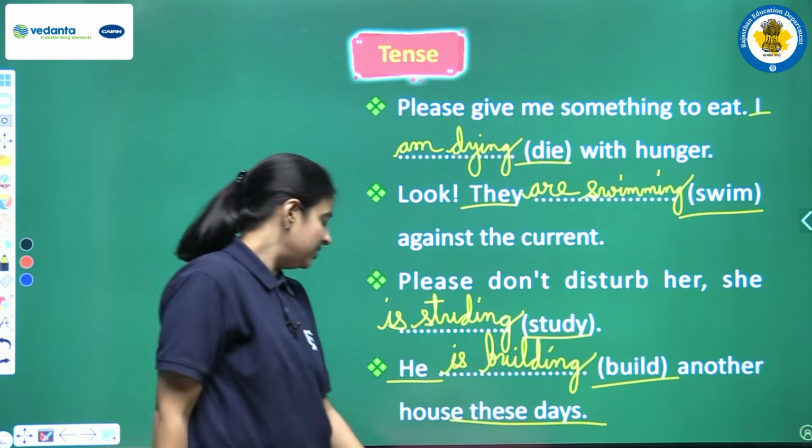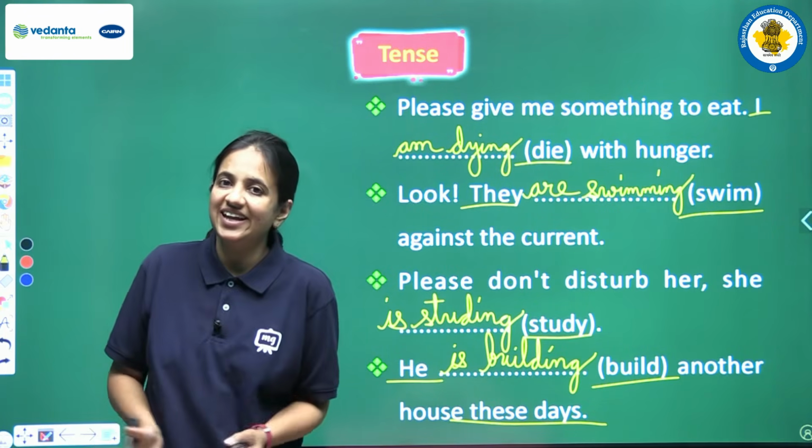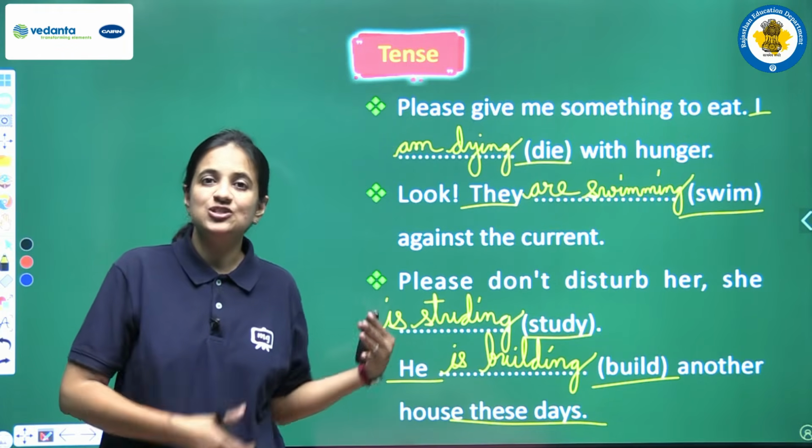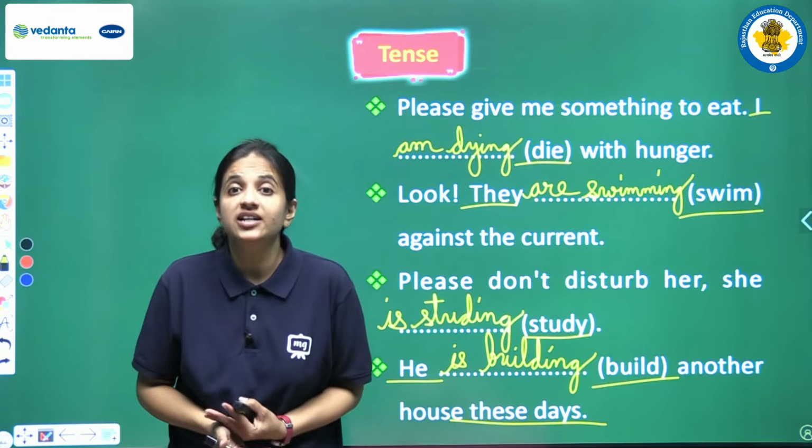So our answer will be he is building another house these days. Okay, so we have seen so many examples, we have discussed so many sentences just to clear all the things,